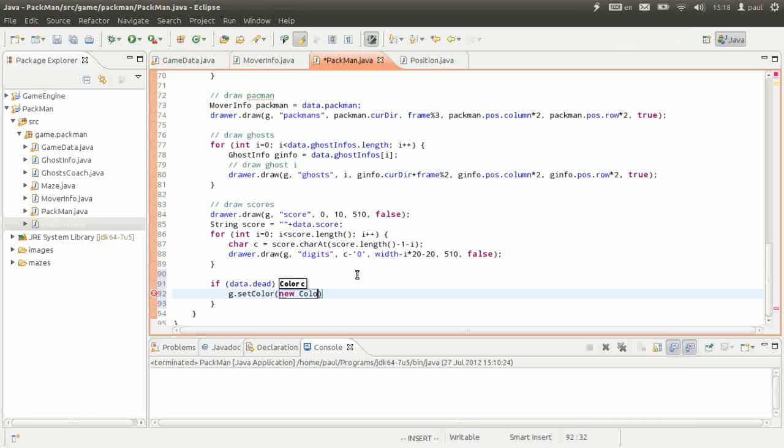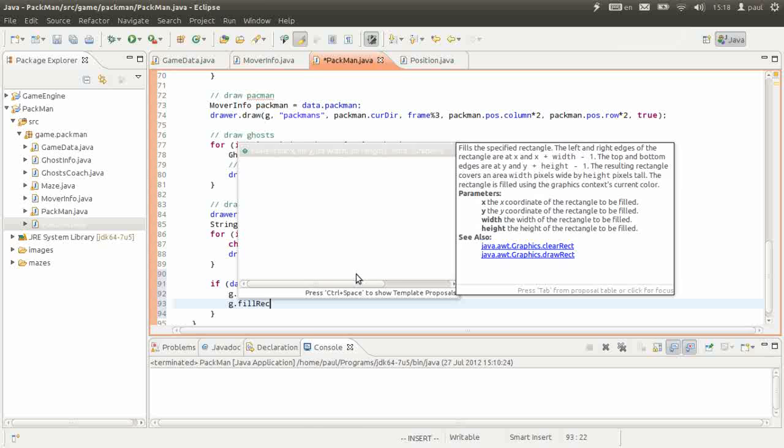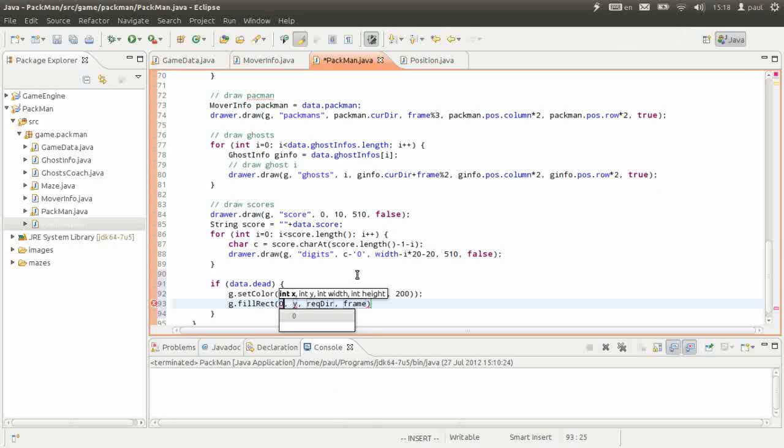So we are going to create a new color with transparency. This says gray with the 200 transparency, for the whole screen,